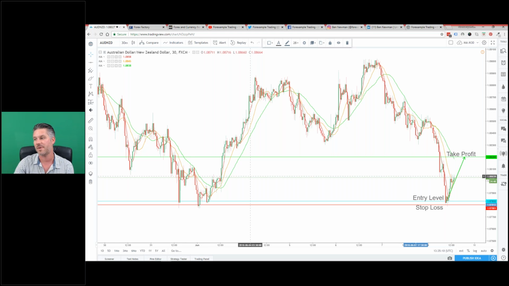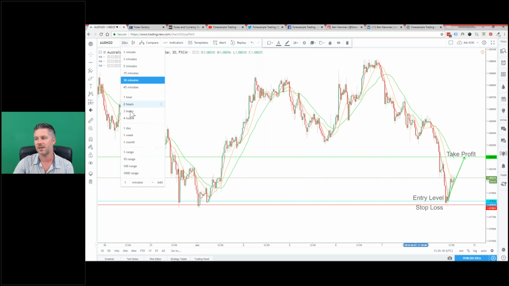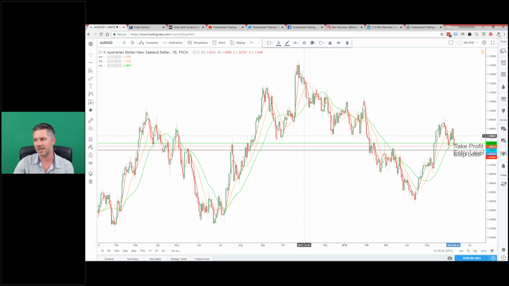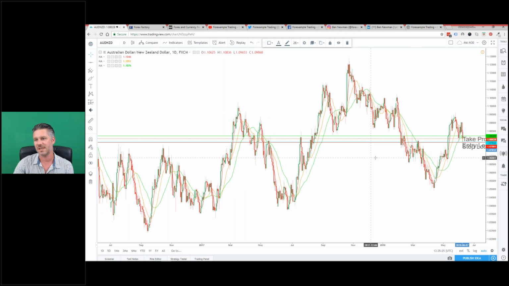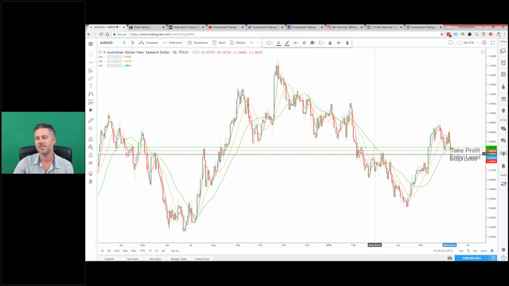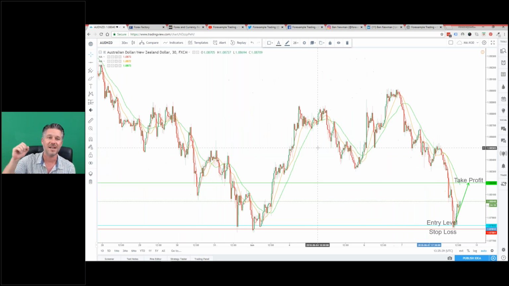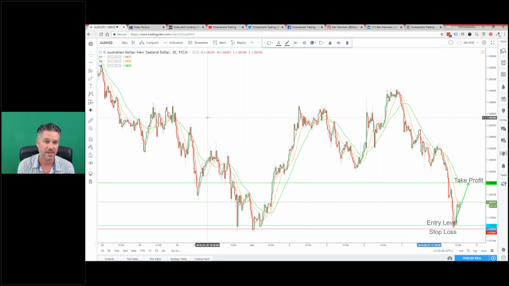It might get caught up around this level, which you can see here, but it should break on through this and carry on going. If we look at this on a daily chart, you'll see that it's certainly in a position where I think it's going to be sitting up above this level. You can see how it gets caught up here, so it could turn around, but it's a pretty simple strategy that I'm following here, and there's some very clear rules on it which I've set myself, and it seems to be working very well.